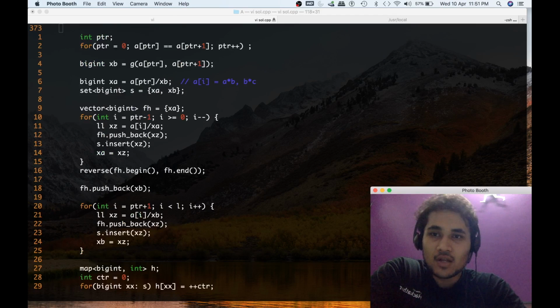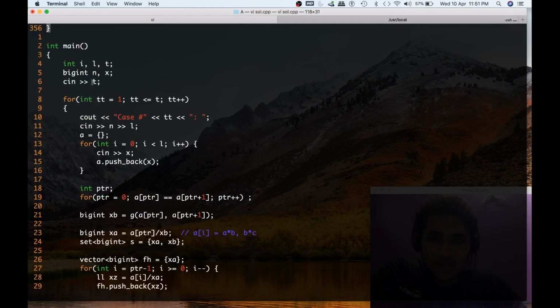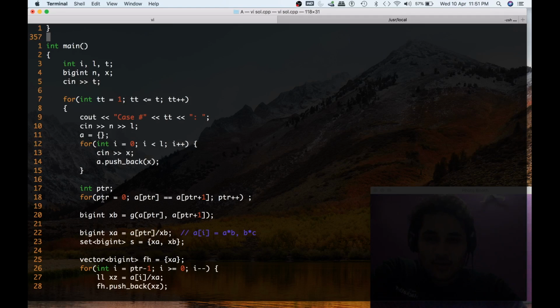Really very small. So what we are doing is nothing fancy. We are taking input as the test case right over here on line 6. Then we are proceeding for every test case. We are taking input of the array. I am creating that array, and then I'm finding the first two numbers which are different,